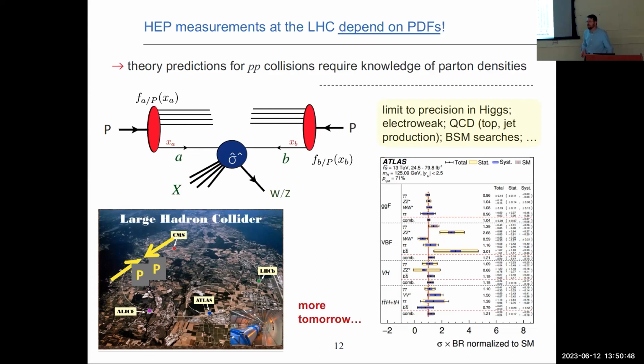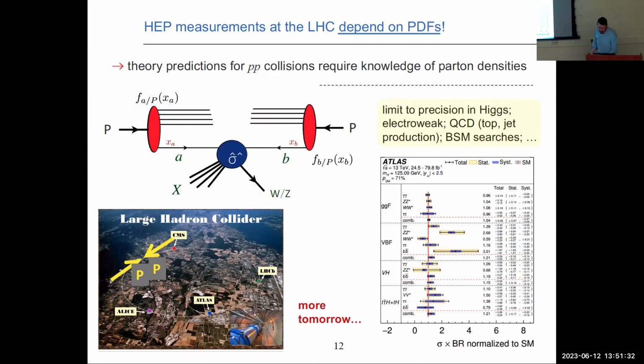There's also a practical side of this question, which is to say that high energy physics experiments, for instance, like those at the Large Hadron Collider, depend very, very importantly on the PDFs. Why is that? It's because the LHC collides protons with other protons. And if you want to do Higgs physics to higher and higher precision, then you need very accurate determinations of these PDFs. The calculations, for instance, for some production cross-section, maybe some electroweak process at the LHC, depend on my knowledge of both the perturbatively improvable hard interaction as well as the information that goes into the non-perturbative stuff in the form of the PDFs.